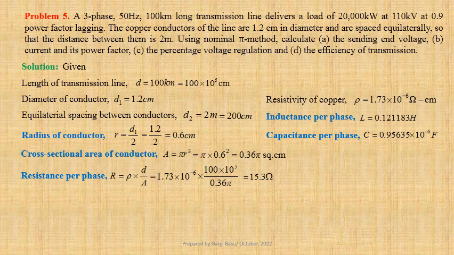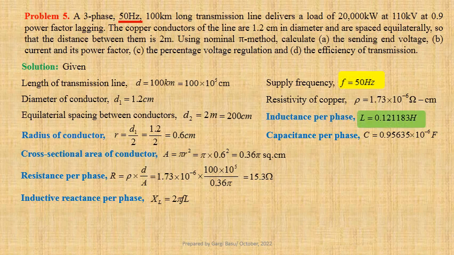Let us now calculate inductive reactance per phase. XL equals 2 pi f into L. Given supply frequency f equals 50 Hz. Therefore, XL equals 2 pi into 50 into 0.121183, that gives us